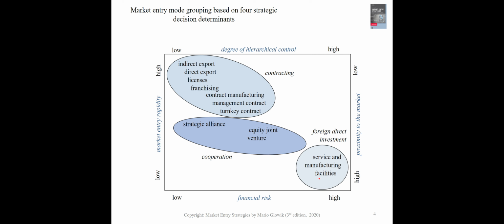We have to sell our products and services on our own. That comes along with a relatively high degree of hierarchical control, whereas at the same time, the financial risk is also high, where at the same time, the proximity to the market is high as well, because we do